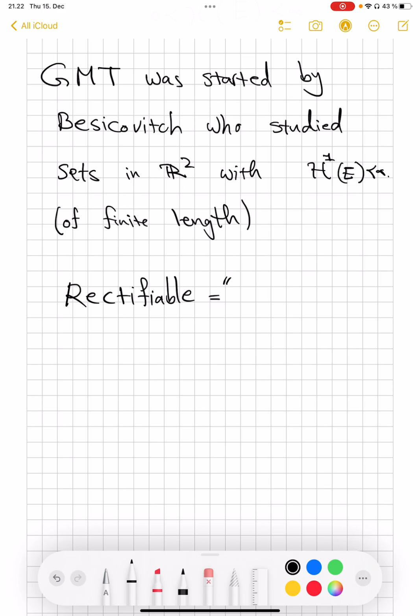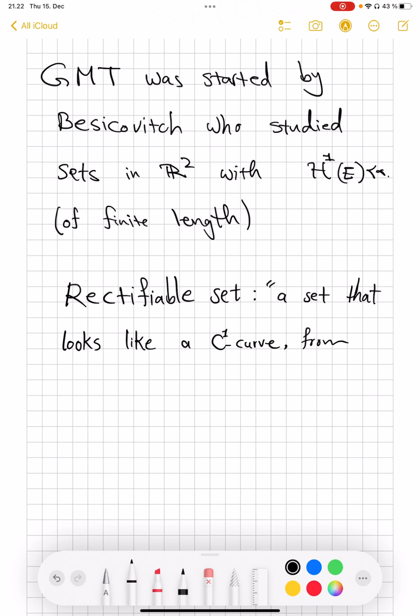So a rectifiable set, so it's just a set in R2, you can keep thinking, is a set that, so this of course very imprecise, that looks like a C1 curve, an honest curve,